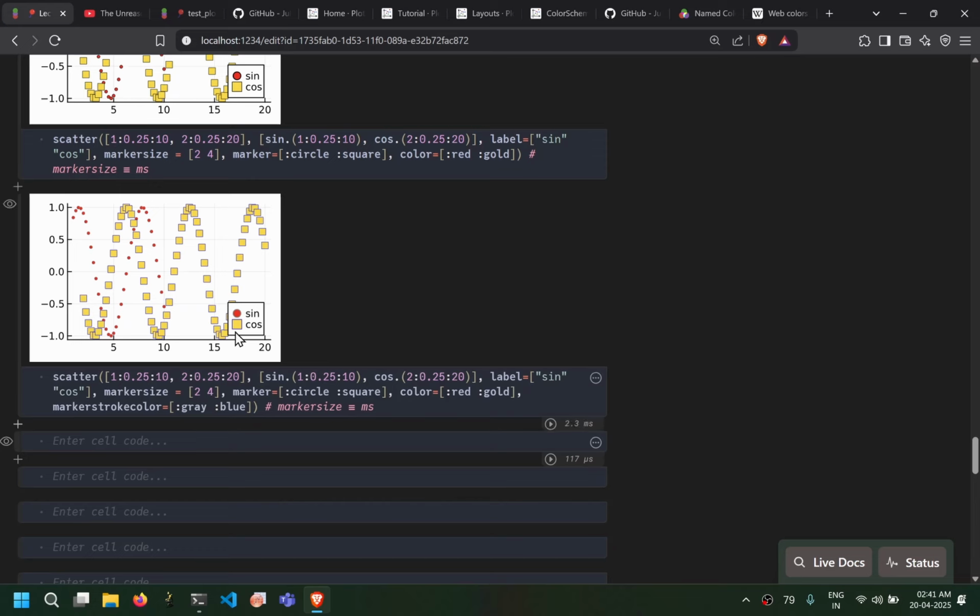And you can see that this has become gray and blue. If it is not visible, you can also do marker stroke width and then say 2 and 5, and you can see that the stroke width is also changing. So all of these keyword arguments that I am writing, these are called attributes,